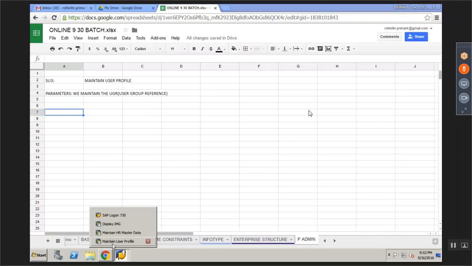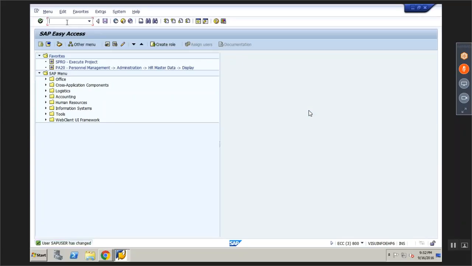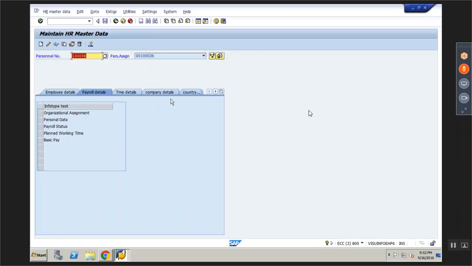So for example, if you go here, user profile, now 00 is the standard UGR. I will change this and give, for example, 4R, which is again system customized. I am going to PA30. See, now you see employee details, payroll details, time details.